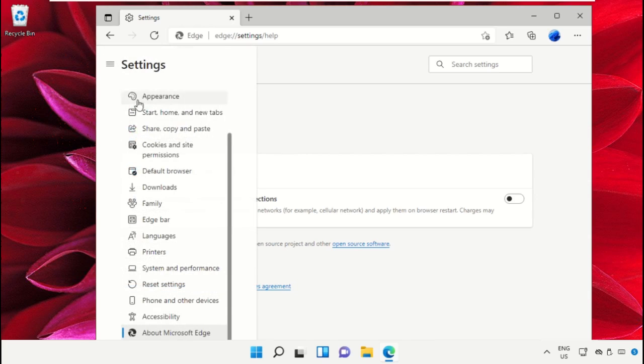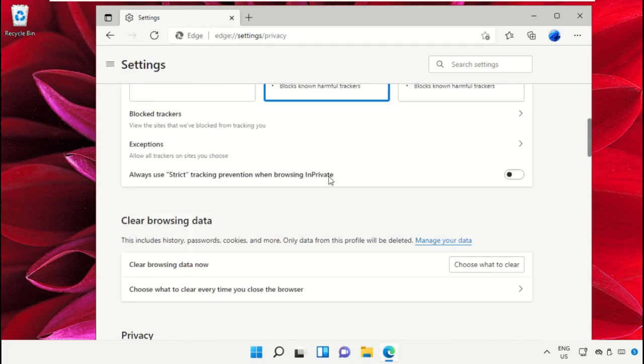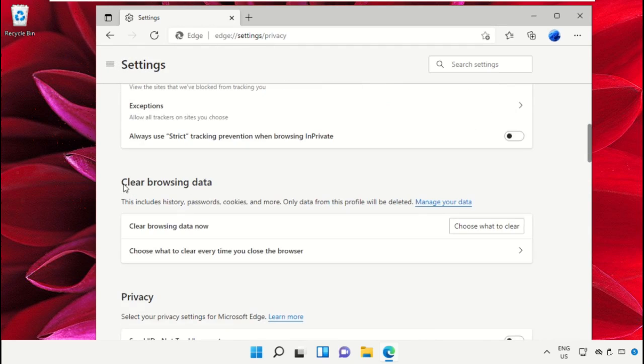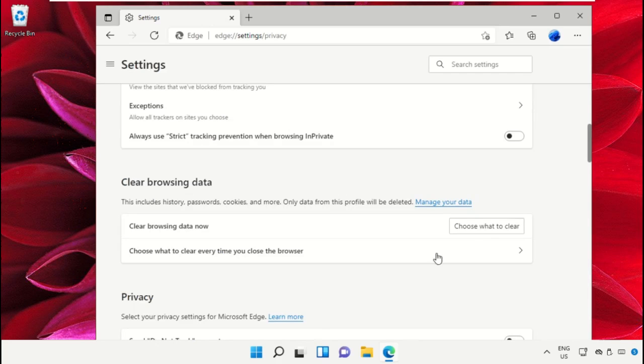After that, click on privacy, then simply scroll down and clear the browsing data. For that, click here and simply check all these boxes. After that, click on clear now. Once done, close this window